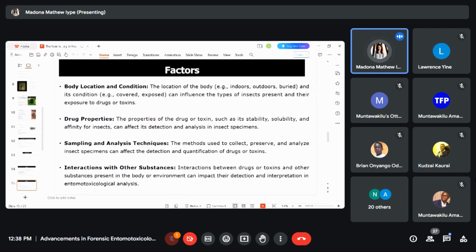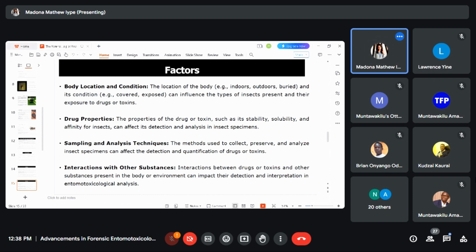Then other conditions like body location and condition, as we discussed, if the body is located indoors or outdoors, or if it's buried, and if the condition is covered or exposed, it also can influence the type of insects present and their exposure to drugs or toxins. I have again noted one question regarding the dead body indoors, in the forums. I'll be surely discussing that as well